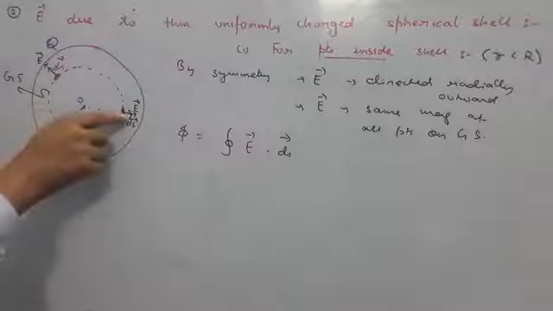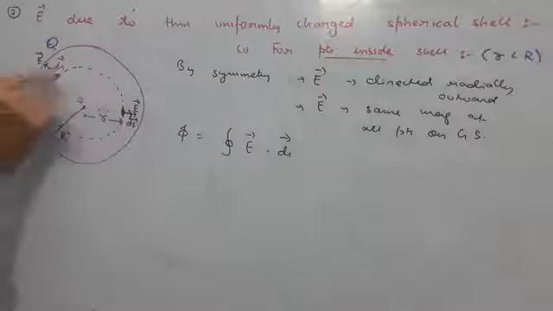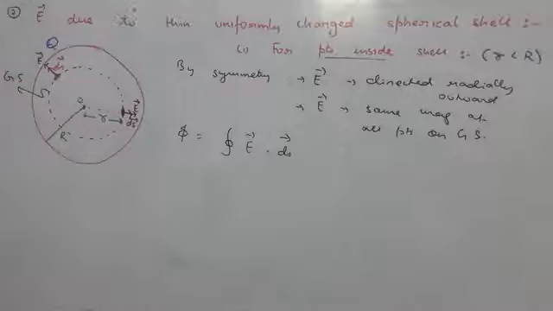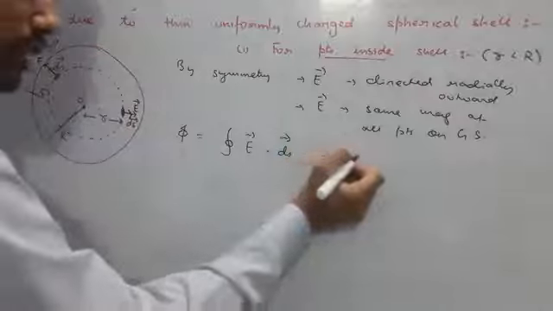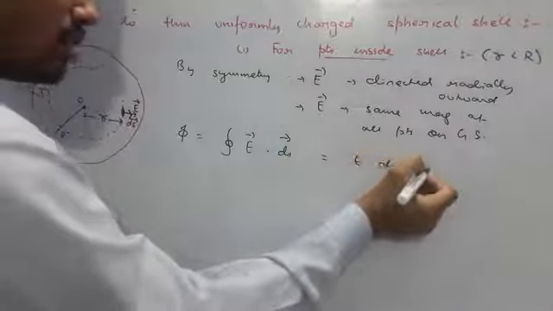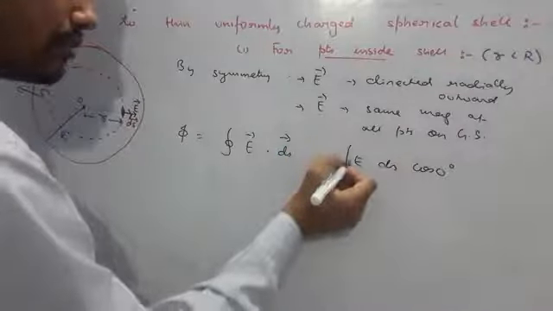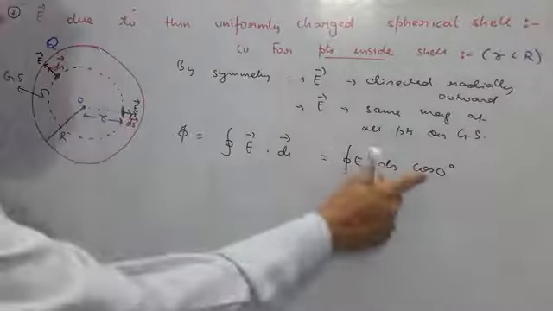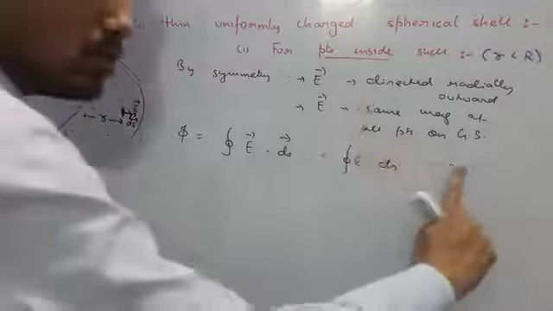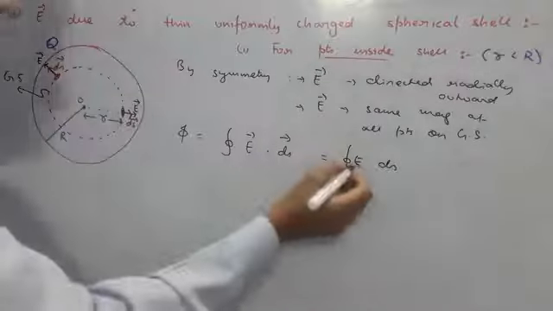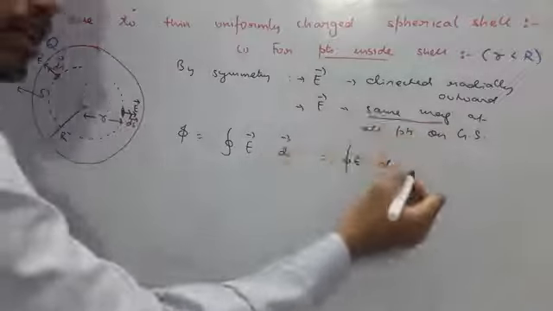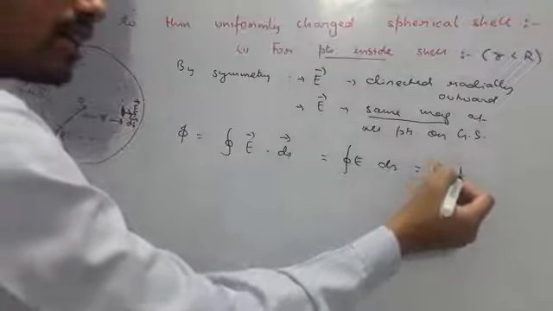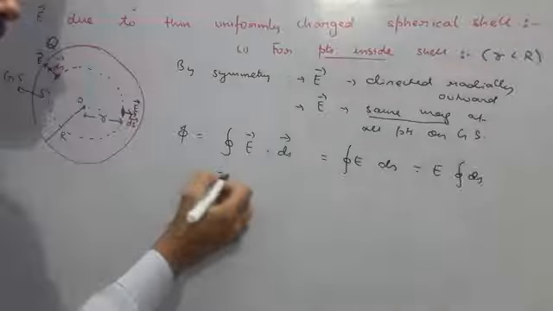I should have drawn the lengths of the arrows the same, but I hope you understand that, because the value of electric field must be the same at all points on the Gaussian surface. So let's quickly see how much we get. This becomes E times dS times cos 0 degree, because E and dS are in the same direction. Now how much is cos 0? That becomes 1, so this will vanish. E is constant because of this reason, so we will take E outside the integral. What is left behind is integral dS.